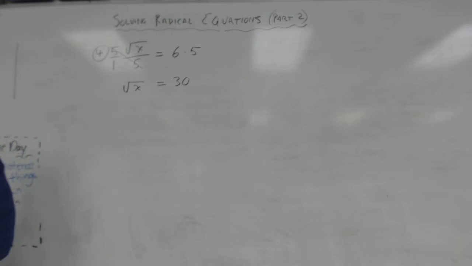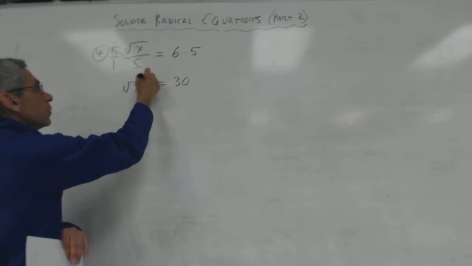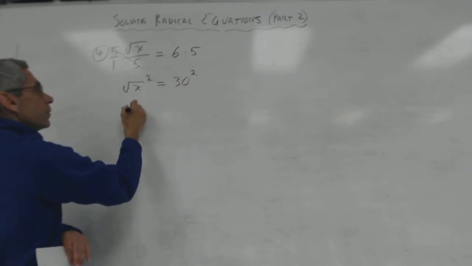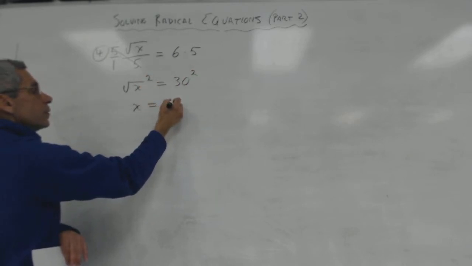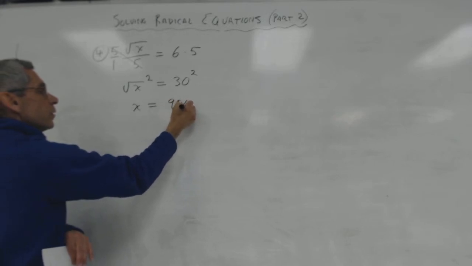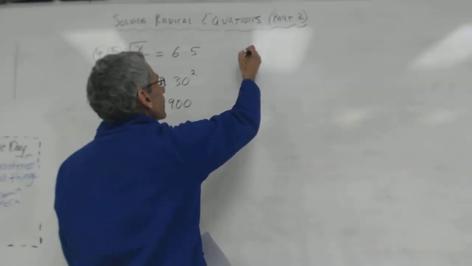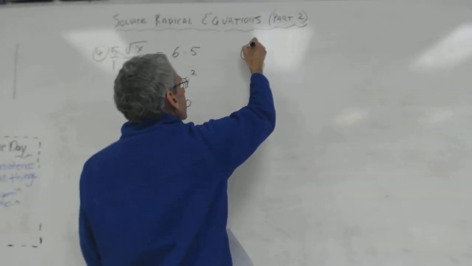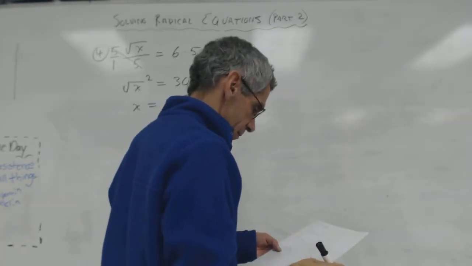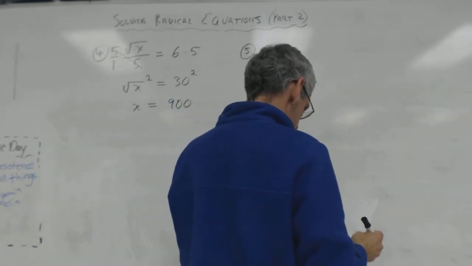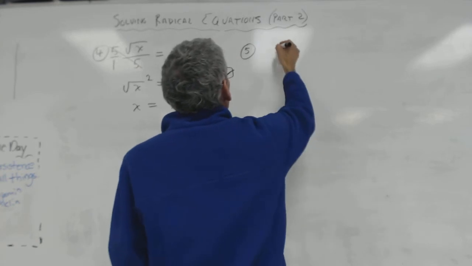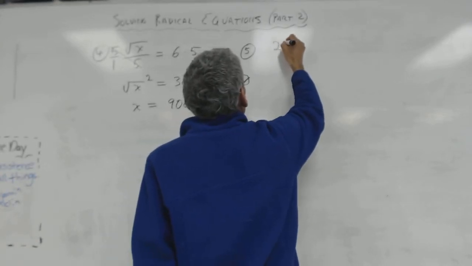Square it, and then x, and 30 times 30 is 900. So x equals 900. Good job. That's a big number. It's over 900. Alright, what if I gave you,